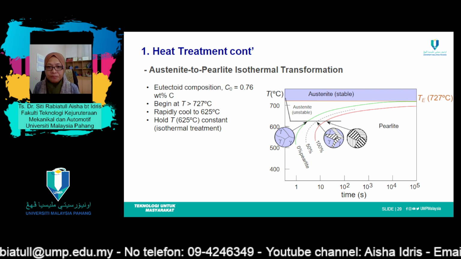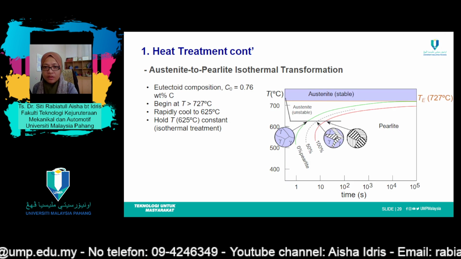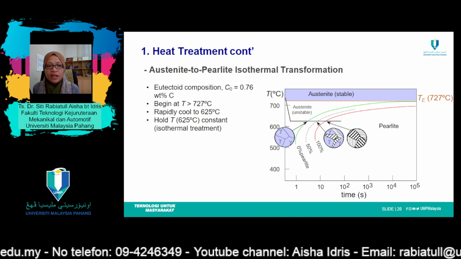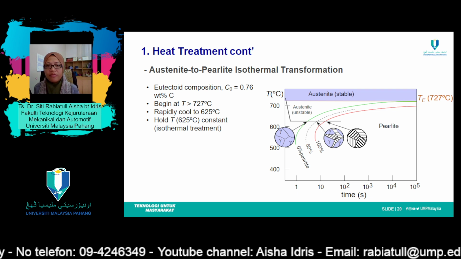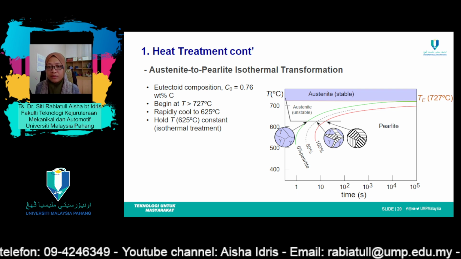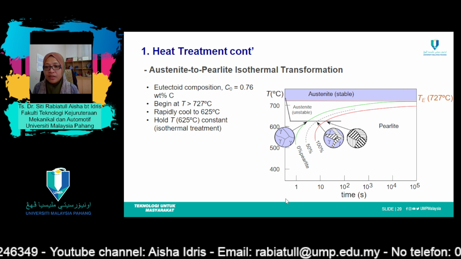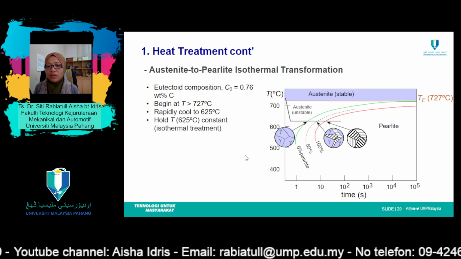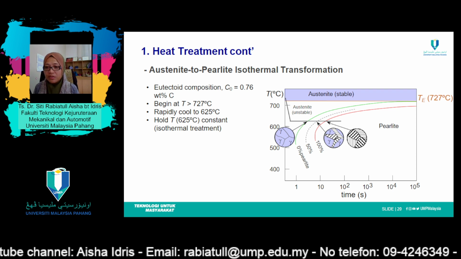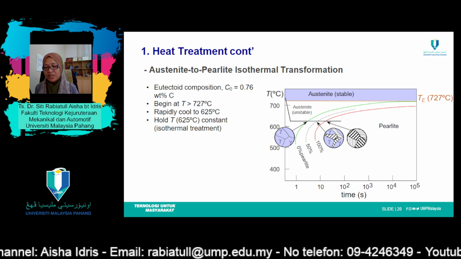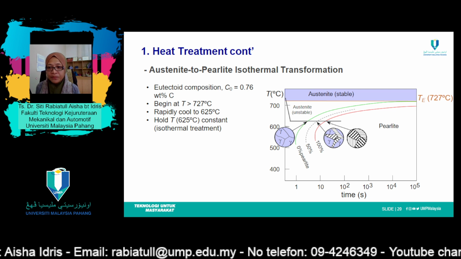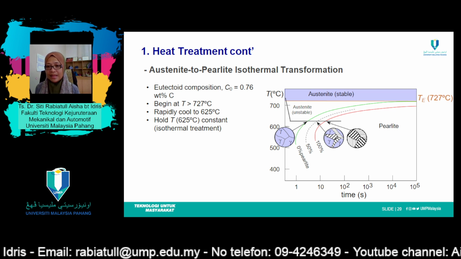Okay, so now let's look at the transformation of austenite to pearlite through isothermal transformation. And again, this one occurs at eutectoid composition, which is equal to 0.76% of carbon. And the process starts from